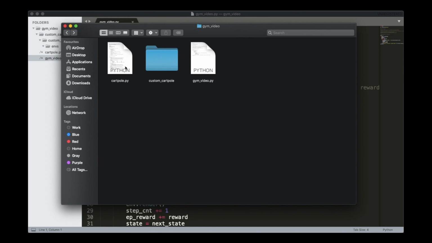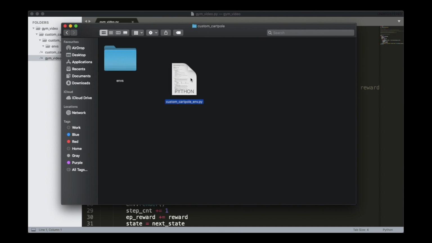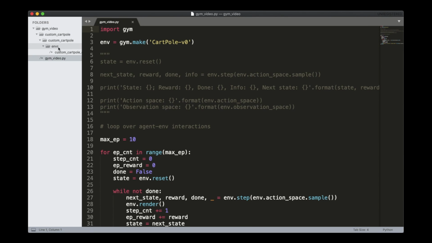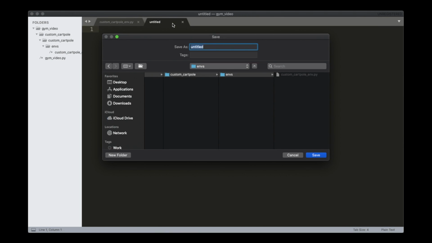Now, it's time to move the Python file containing the custom CartPole class from earlier. But before we do that, let's rename it to custom_cartpole_env.py to make it clearer for us. And now, place it within the envs folder. The folder structure should look similar to what you can see in the Explorer here.